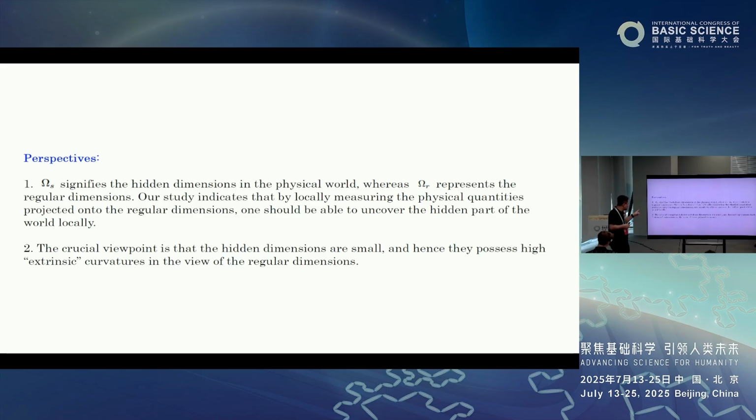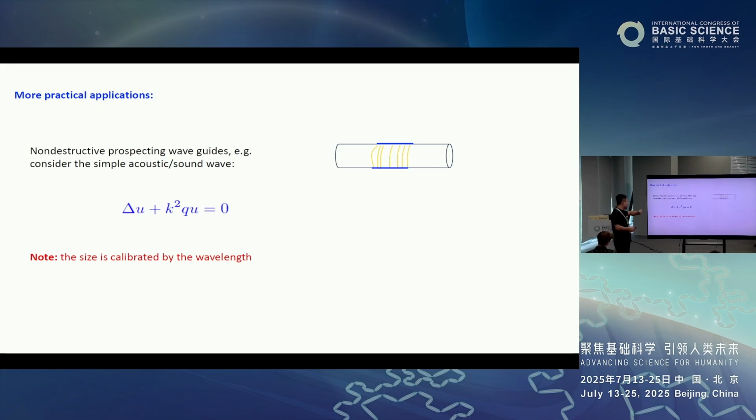And also the crucial viewpoint here is that the hidden dimensions are small, that's fine, but they possess high extrinsic curvature in view of the regular dimension. That's why we can produce this type of unique identifiability result. All right. And in addition to this,